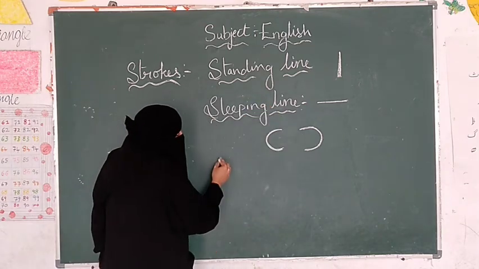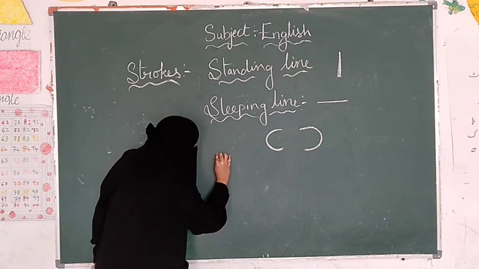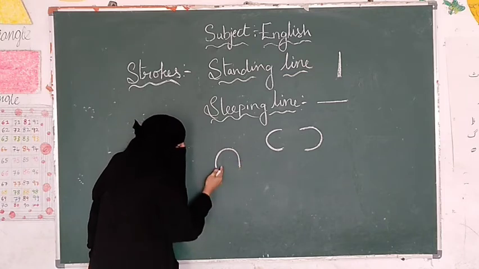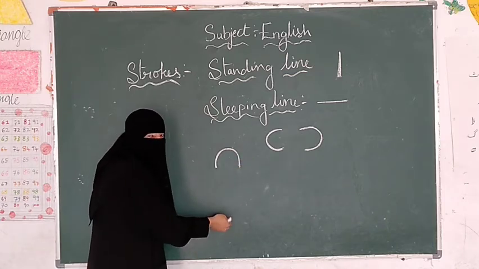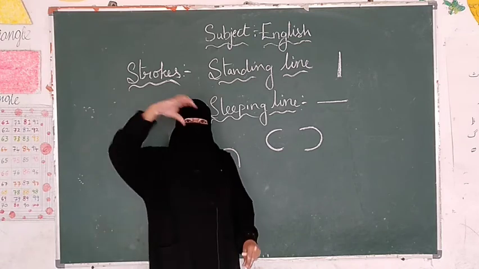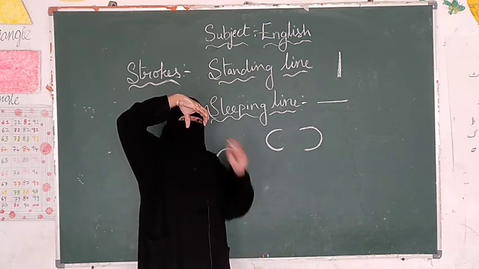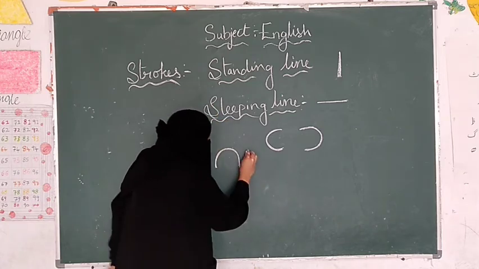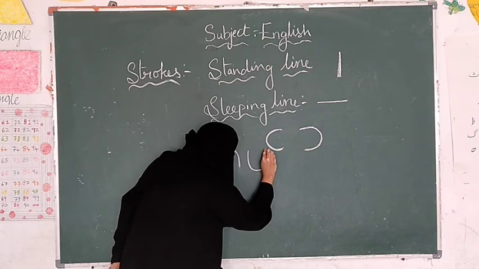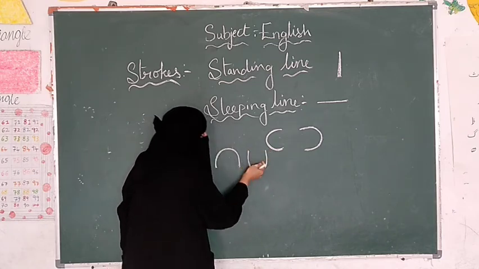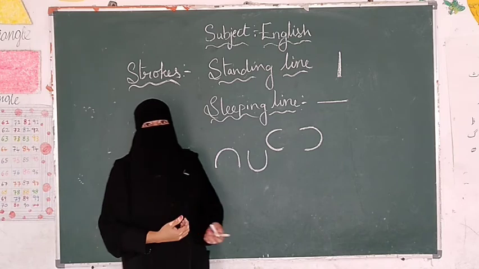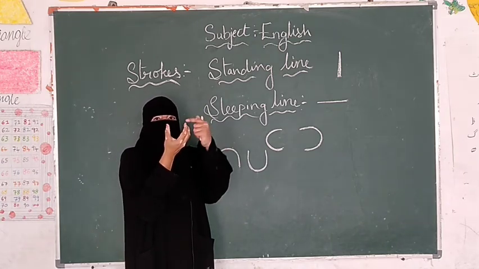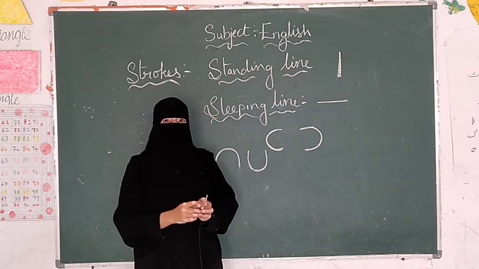Now let's come to the next curve, that is the downward curve. See, the mouth is towards the downward direction. Again the same, with your hands you can make the half curve towards the down direction like this. Then the upward curve. The mouth is towards the upward direction. Again the same, with your hand you can make it like this. So it is towards the upward direction.